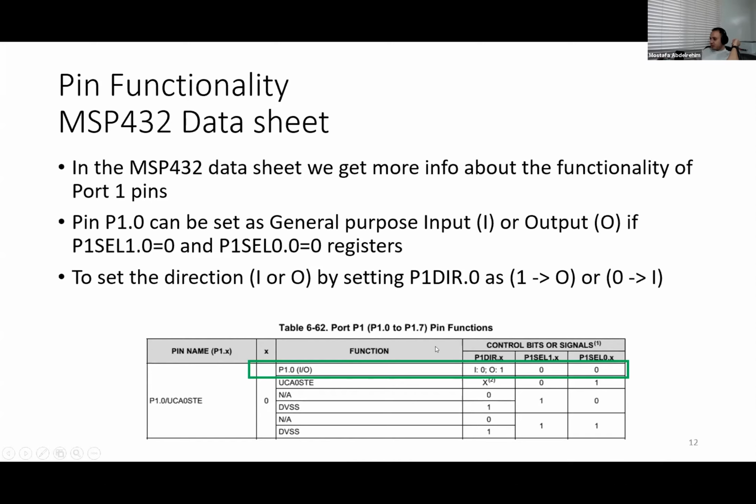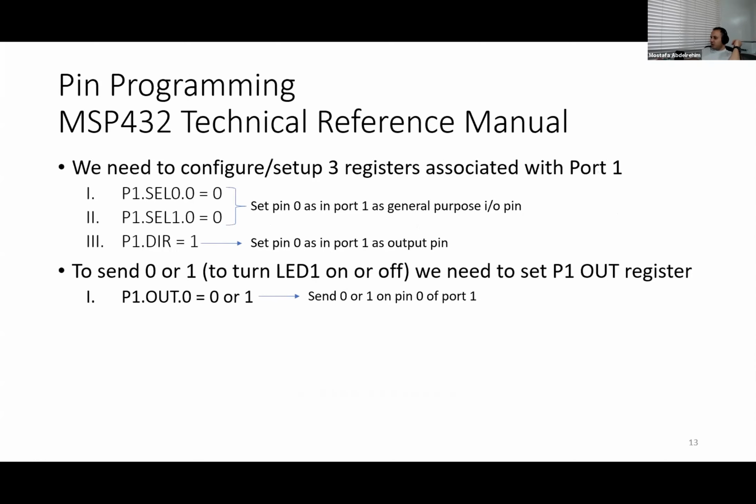Okay. So in the direction register, if you put 1 at the first bit, then you are configuring P1.0 as output. If you put 0, you will configure this pin number 0 as input. Okay, so this is the second step. The third step,